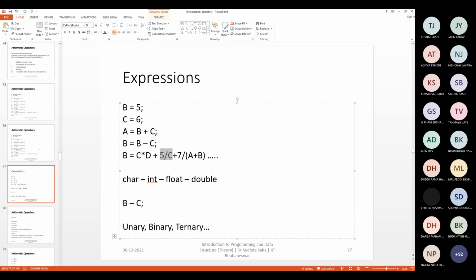Say 5 by C: C is an integer and 5 is also an integer literal. D is a float, C is an integer. So definitely this part will be float. But will that part also be float? Will the division be float division?